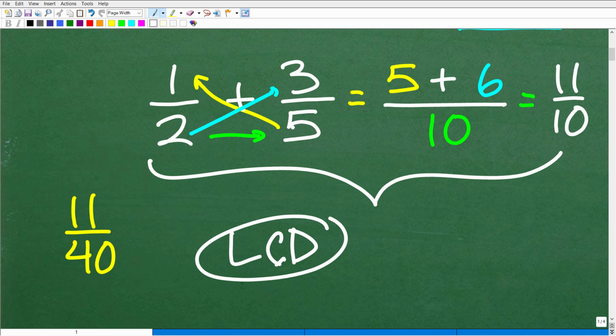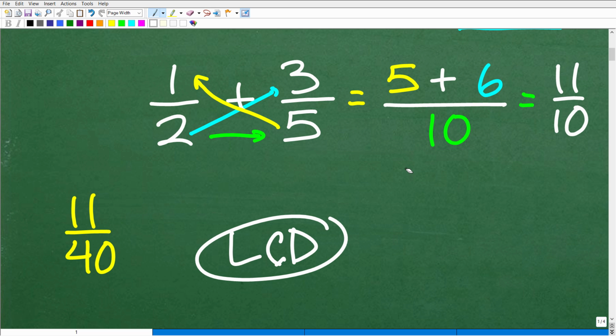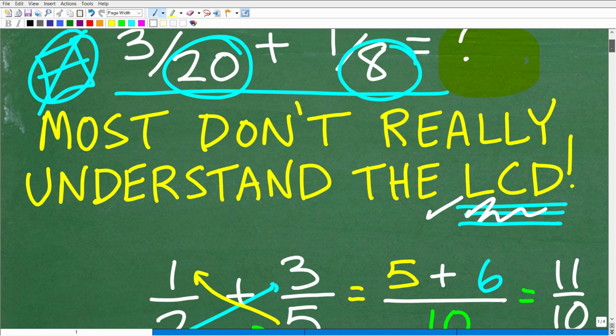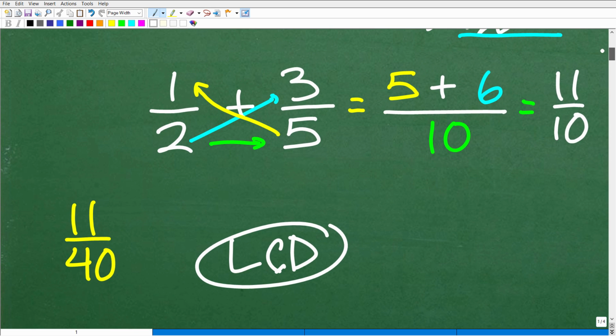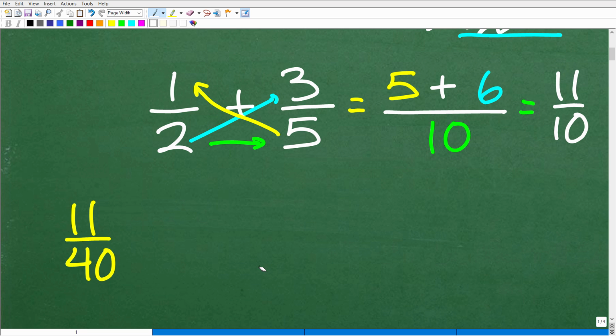And there's some other issues with this bow tie method. Sometimes you can end up with a denominator that's not the lowest common denominator, hence you'd have to reduce or simplify your final answer. But I wanted to just be fair about this problem and state, hey, I told you that you could do this problem here using a bow tie method, but you would have to do a little bit of cleanup afterwards, okay? So I just wanted to be honest with you and say, here's the method, but don't